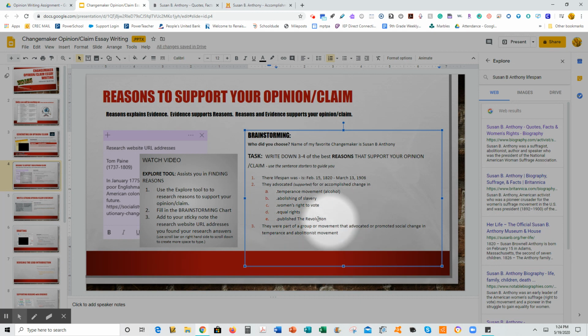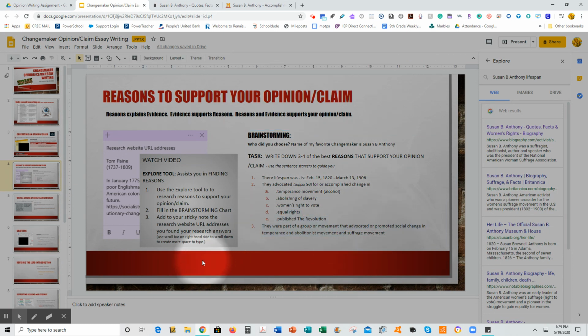Okay, so we have 5 good reasons. She was part of two movements. Oh, and she was also part of the suffrage movement. So she's part of 3 movements. We know when she was alive, so the chart is filled out.